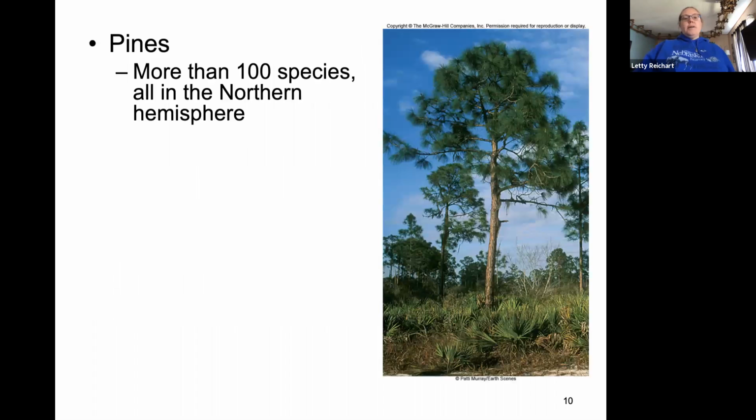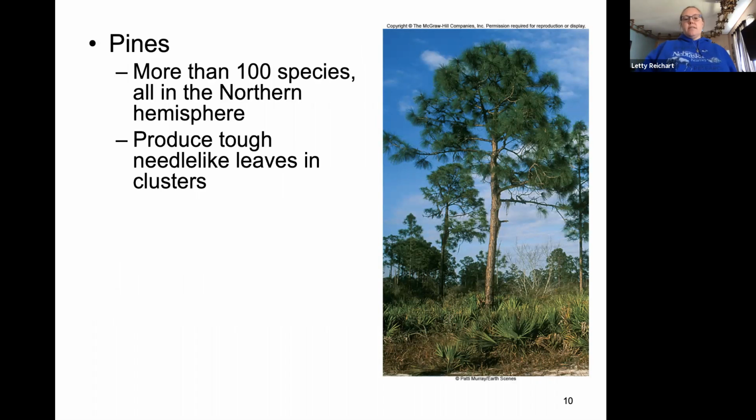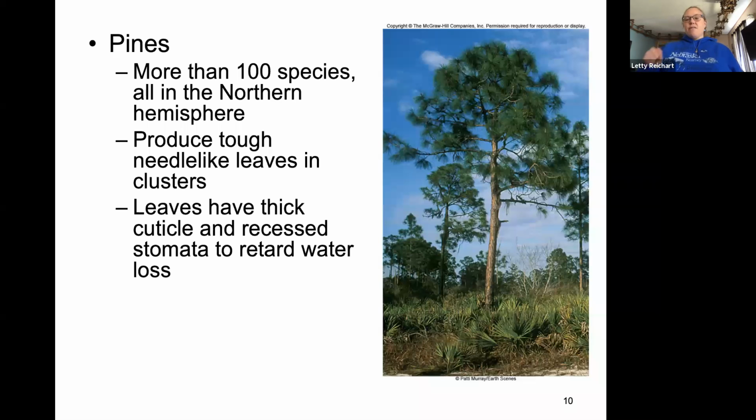There's a whole bunch of different species of pines, all in the northern hemisphere. Like I said before, they produce these very tough needle-like clusters of leaves. Okay? They have a very thick waxy coating or cuticle on those individual leaves. Their stomata are indented and really deep into that needle, so it can basically prevent or minimize water loss